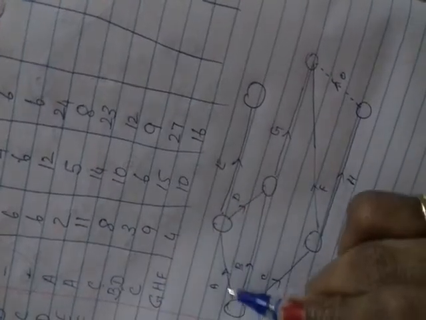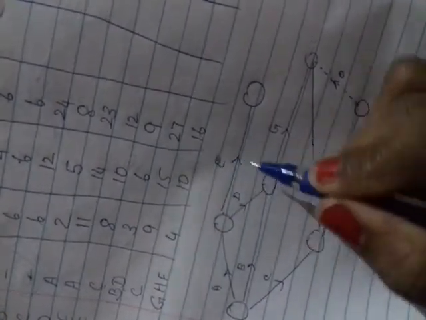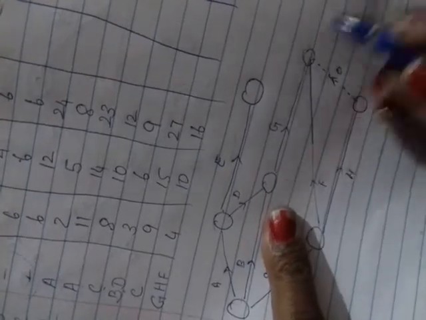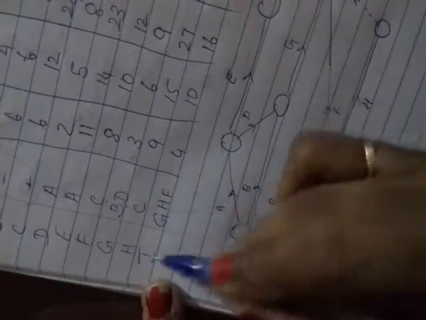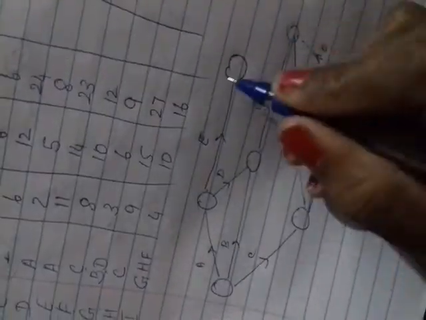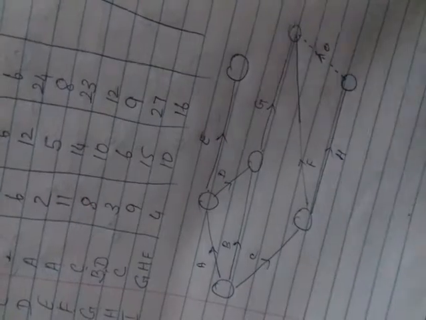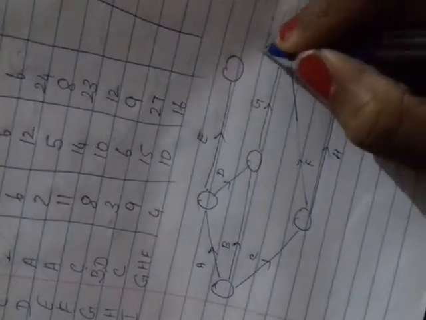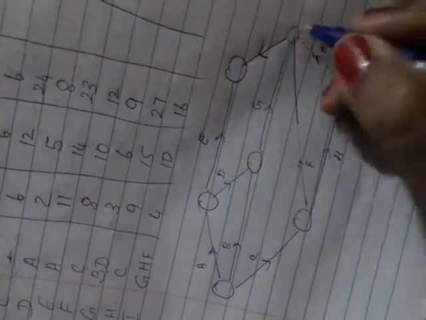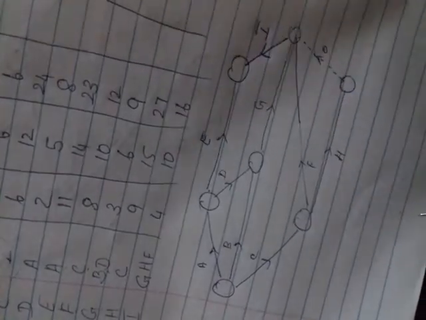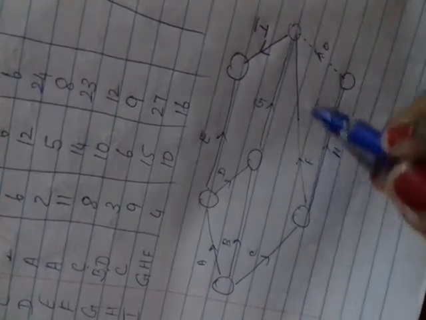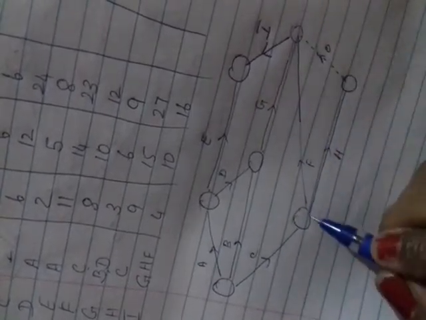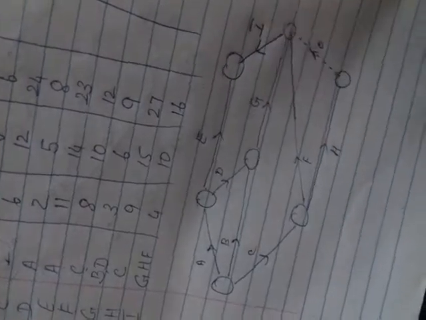Because activity E follows A, after doing A you can do E, so I can put it here. Now if I put one more activity I here, I is the last one. If I put I here, then unnecessarily you have to put one dangling line. Instead of that, I can put one line here and an arrow in the opposite direction. So now you can put I here, so I is following G, H and F. All these three. After that you can go with I.